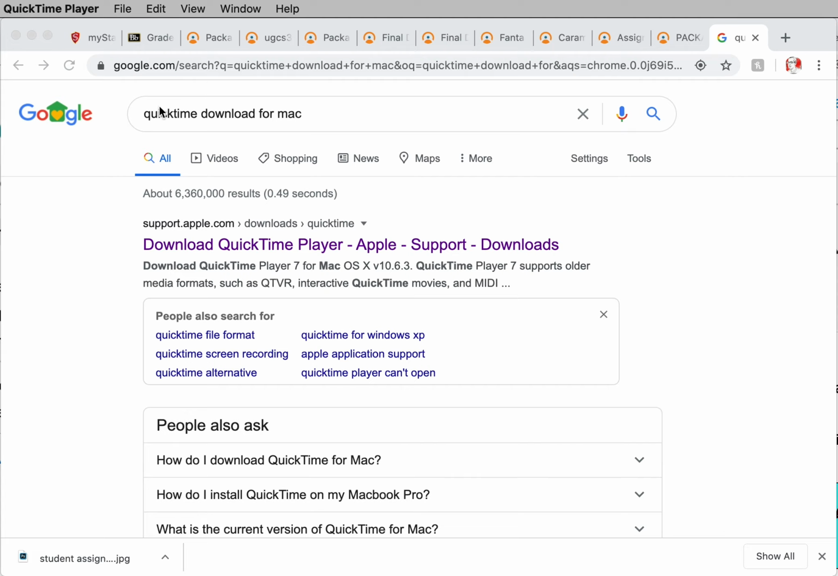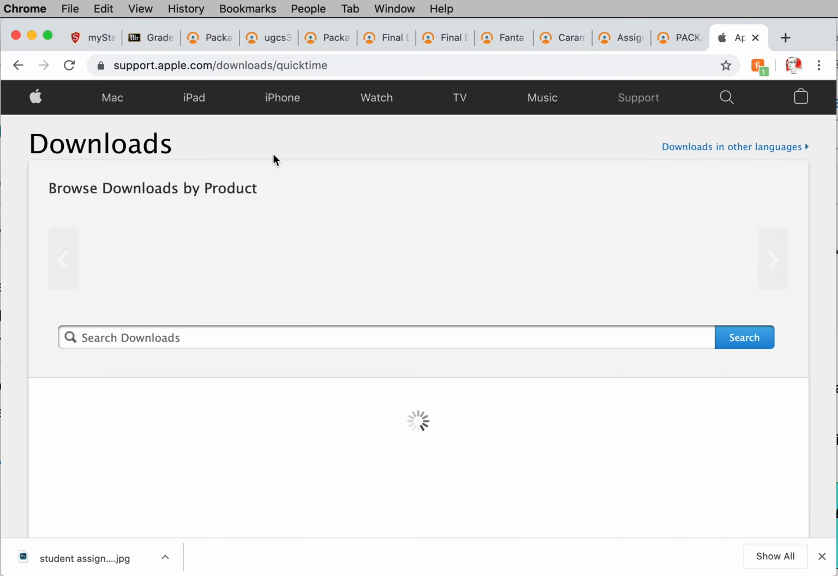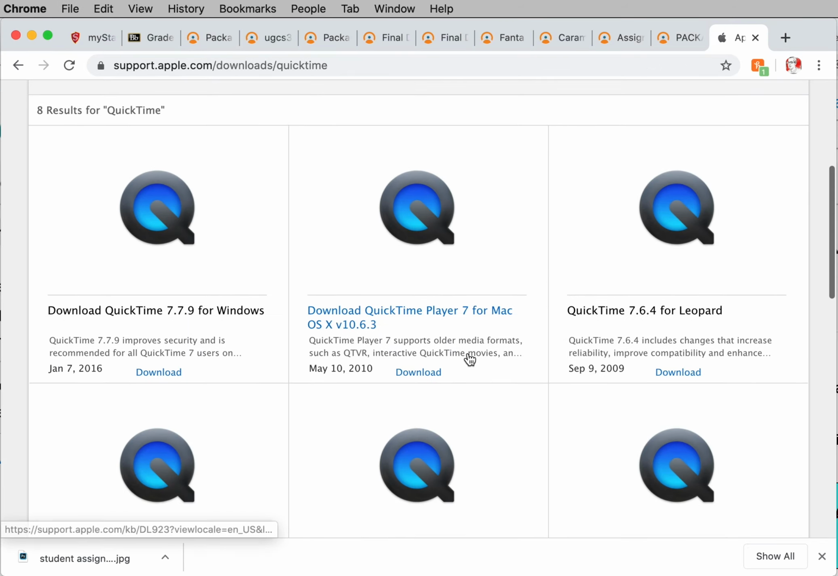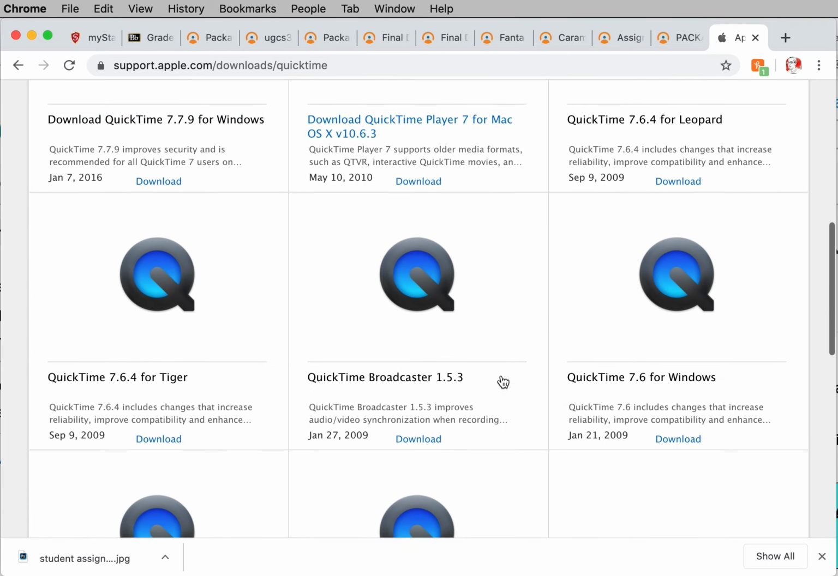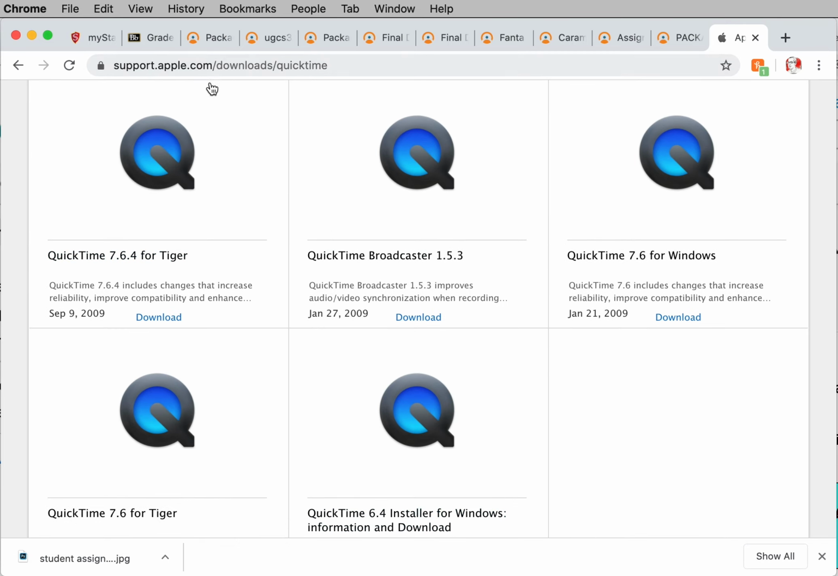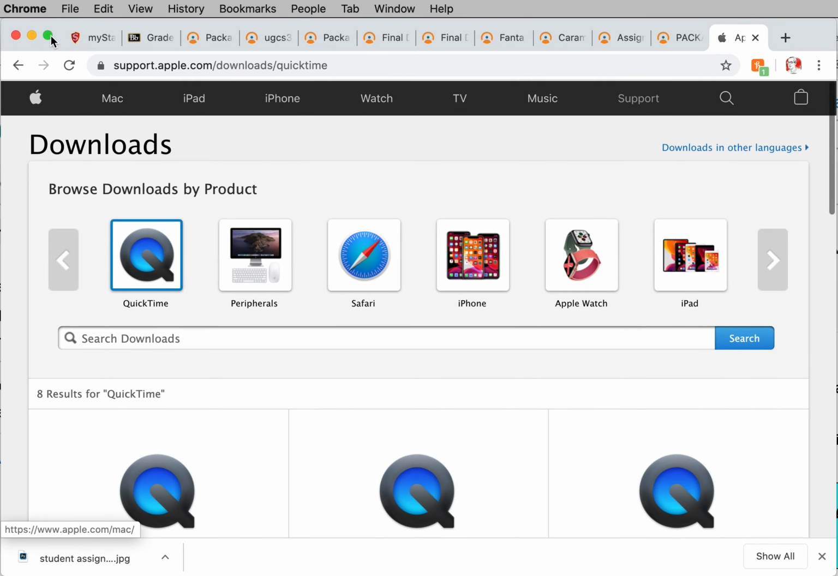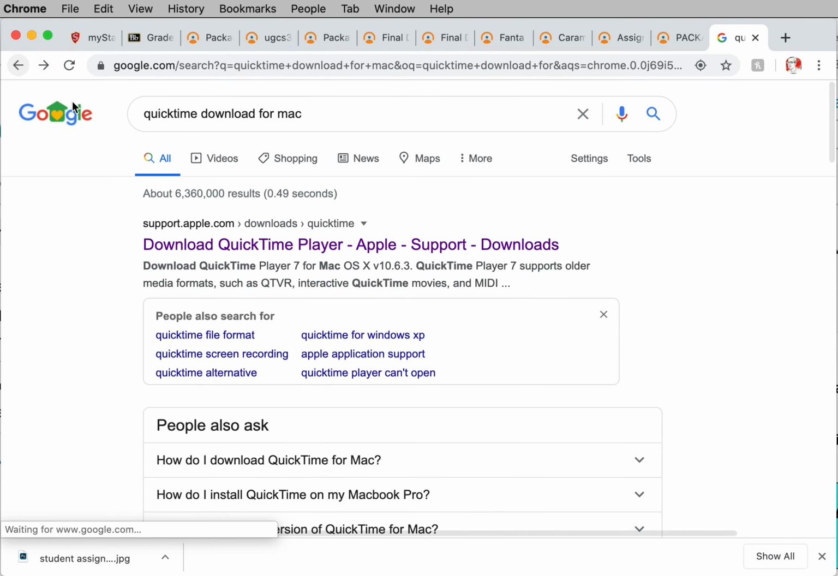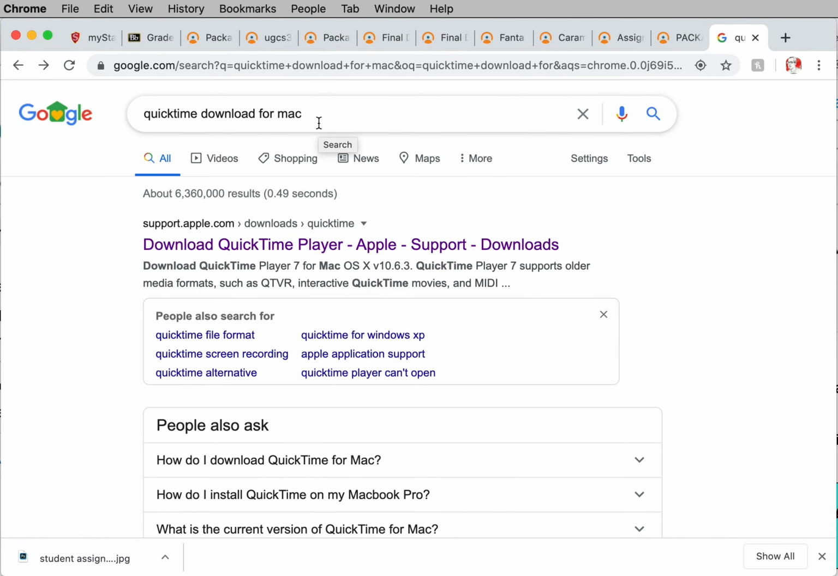And if you don't have it, I think it comes preloaded. And again, I'm working on a Mac. But if you don't have it on your Mac, you can go download it for free from support.apple.com. And I just Googled it here, QuickTime download for Mac. And so once you have that up and going,